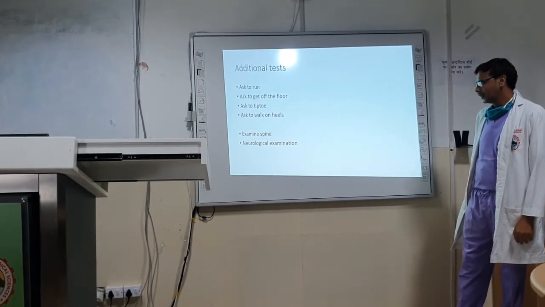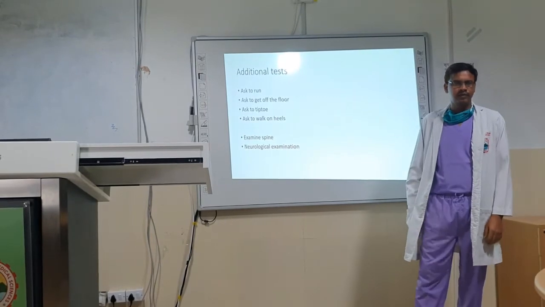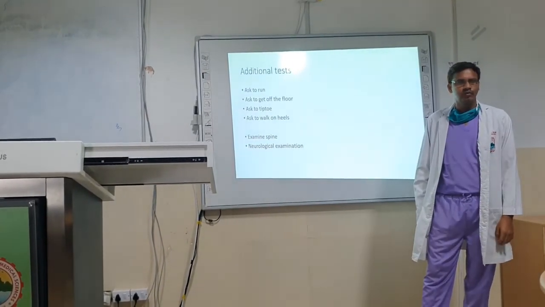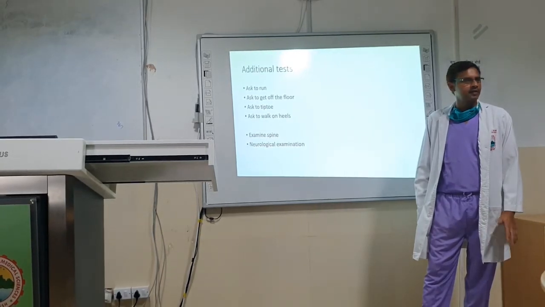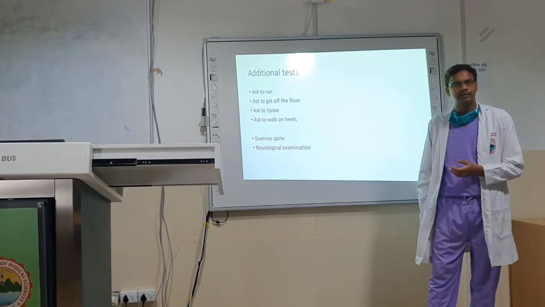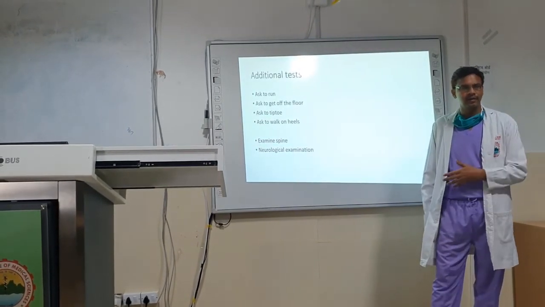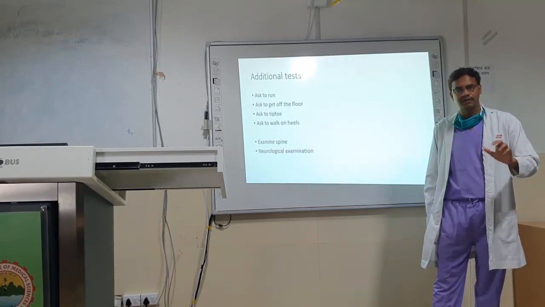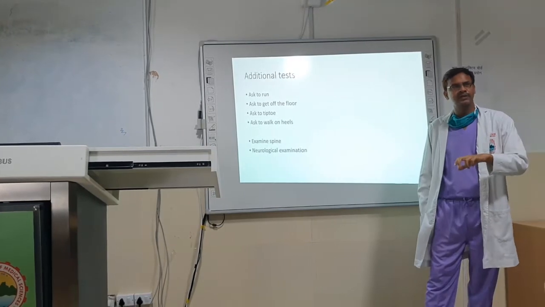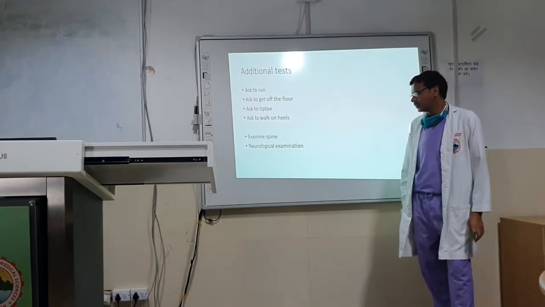Now, what are the other tests you can do? Many a time, suppose a child with CP, GMFCS 1 or 2, comes to you, it will seem that he is an absolutely normal child when he is walking at a slow pace. So it is always best to ask the patient to run slightly or to move at a faster pace, because sometimes the abnormalities are better revealed when the child tries to run or walk faster. So always ask to run.